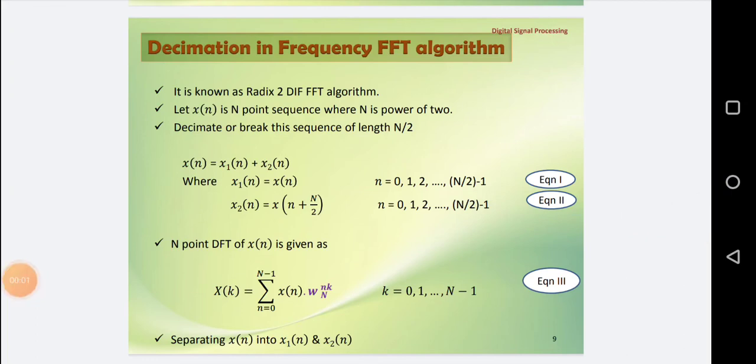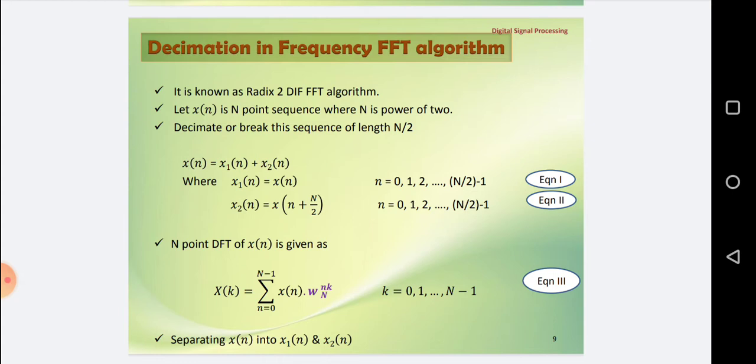Let's see another algorithm, decimation in frequency FFT algorithm. It is also known as radix 2 DIF FFT algorithm. Let x of n be an n-point sequence where n is a power of 2. So what we have to do in the DIF algorithm is that the output sequence x of k is divided into smaller and